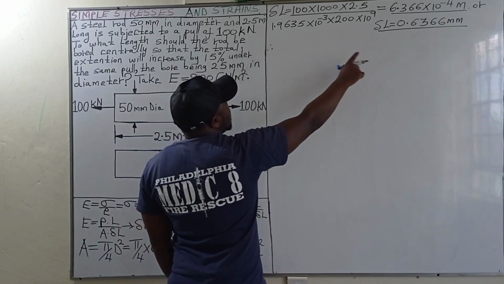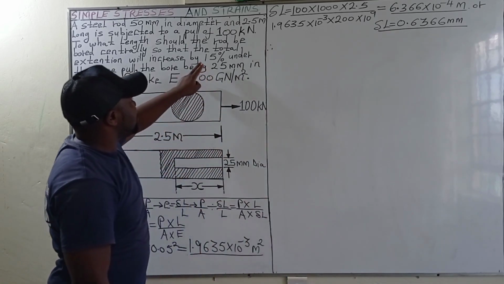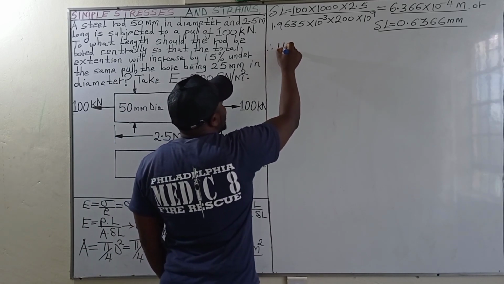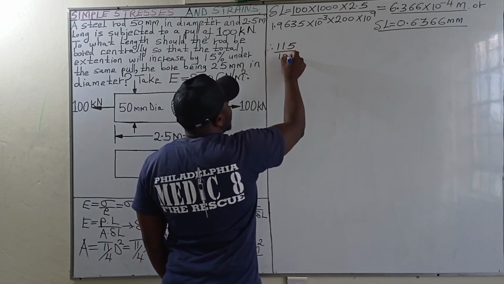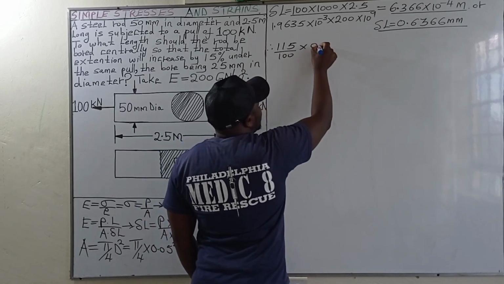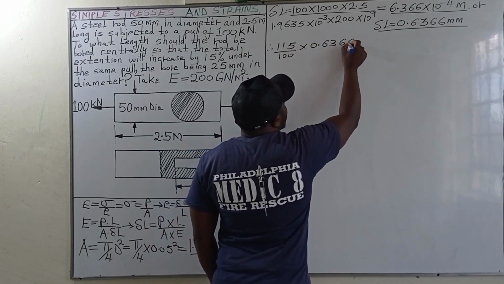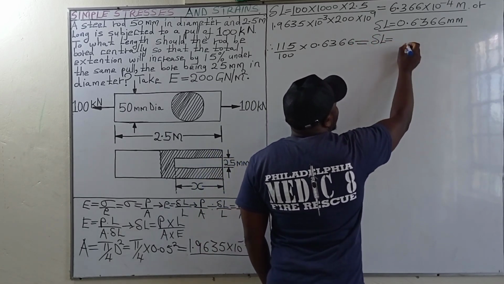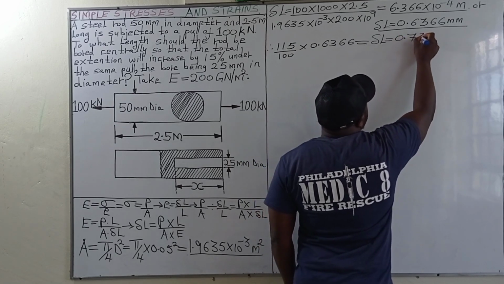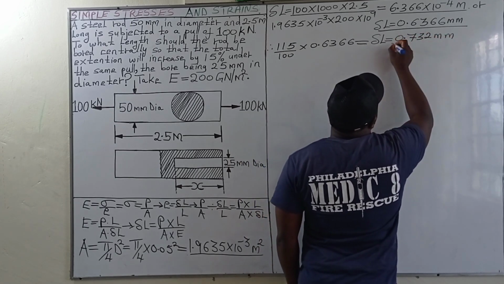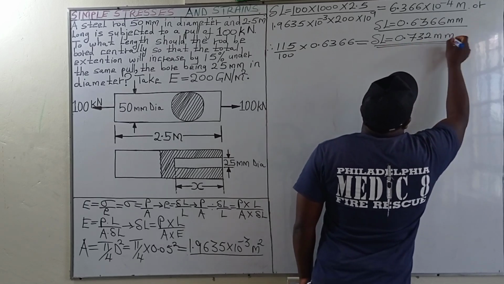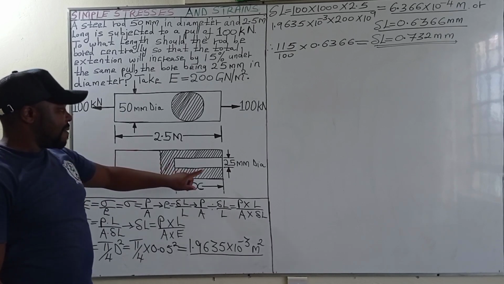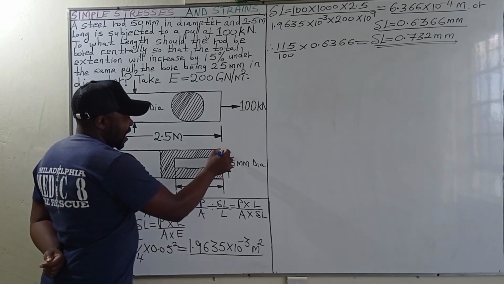So this is 100%, an increase of 15% is 115%. So we are going to have 115% of 0.6366 millimeters, and that is going to give us a changing length of 0.732 millimeters. Awesome. Now from there, we are going to determine the cross-sectional area of